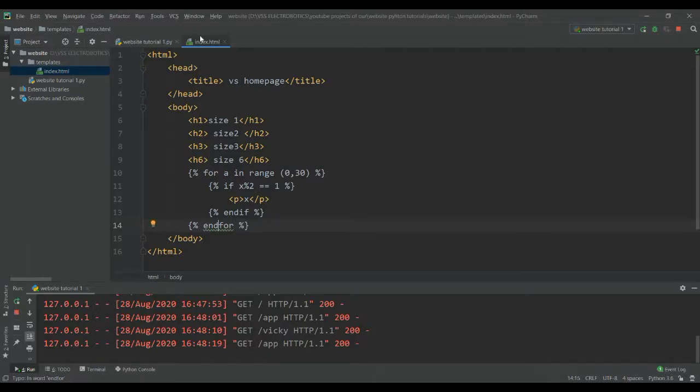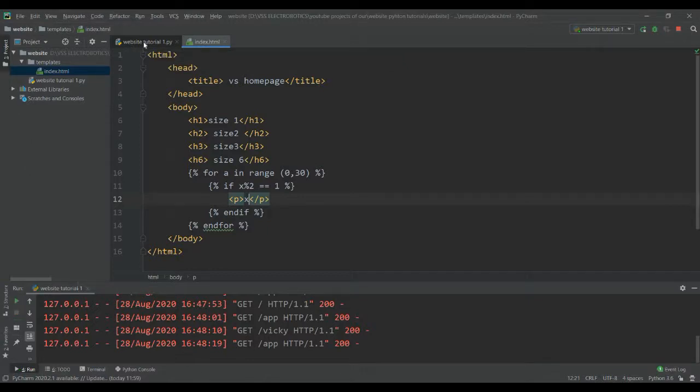So don't give a space between the end and for, just write endfor, and I will show what will happen if I put x without the curly braces and with curly braces. Okay, just run the program.